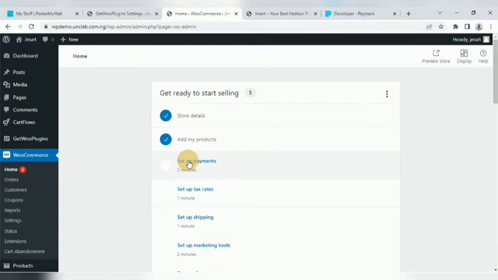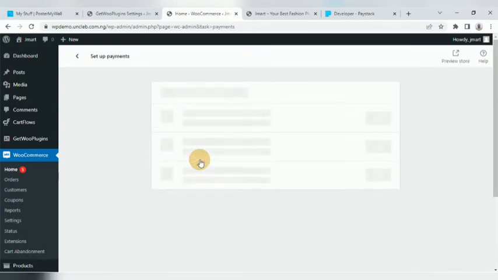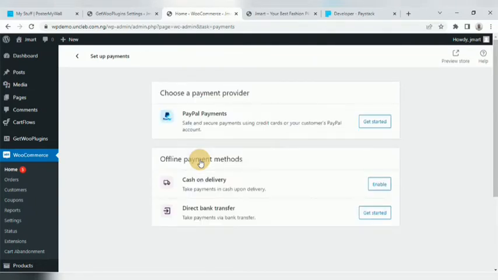So if you click on this place now and say setup payments, so PayPal, get started. So these are the options here that you have. So what do we do? Let's just go